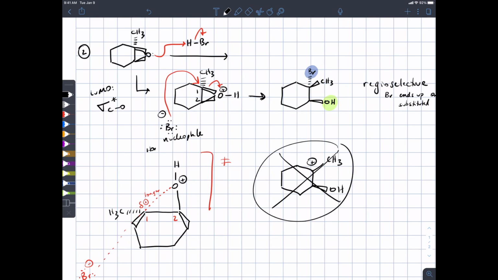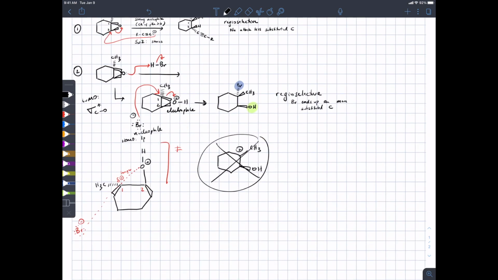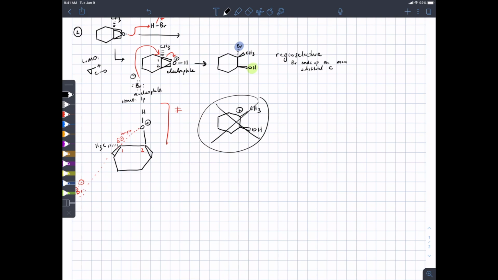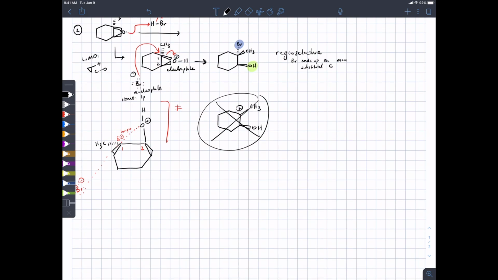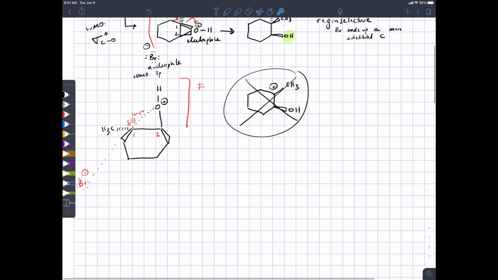And the HOMO, of course, there would just be lone pair electrons. The protonated epoxide is the electrophile. All right, so that is why we attack at the more substituted carbon, and that is also why we don't attack from the top face, because the oxygen's still shielding that side. It's still SN2 in mechanism in the sense that we don't get a full carbocationic intermediate, but it is